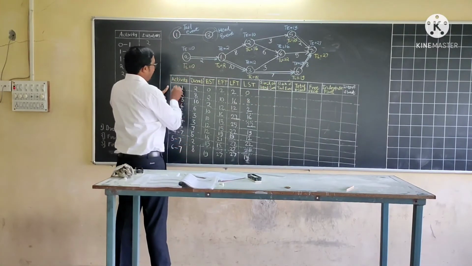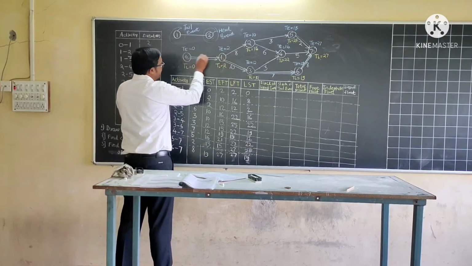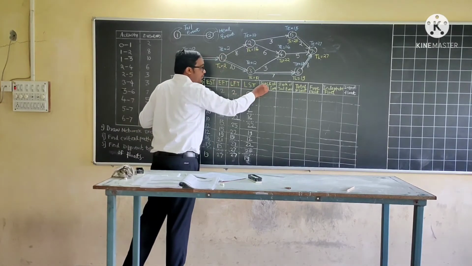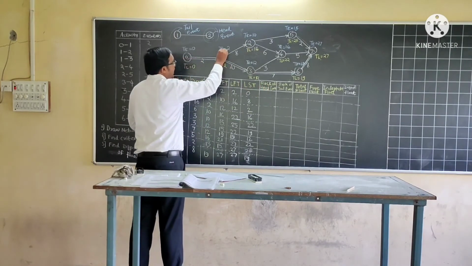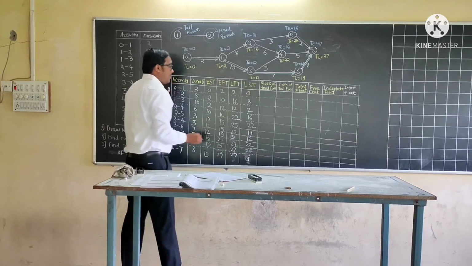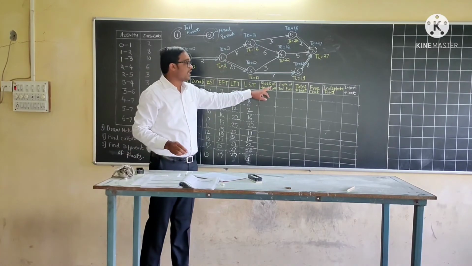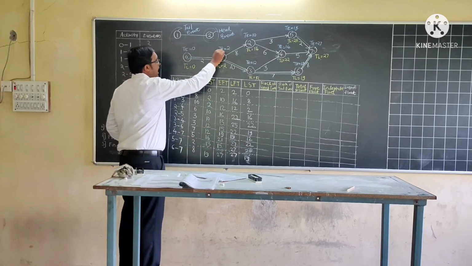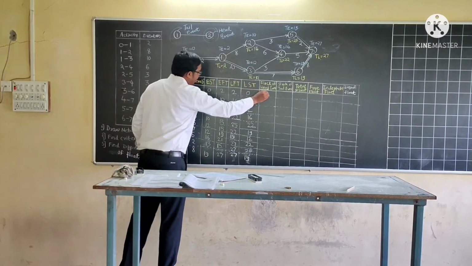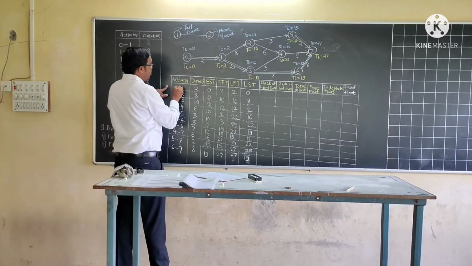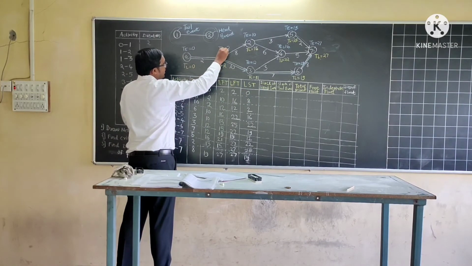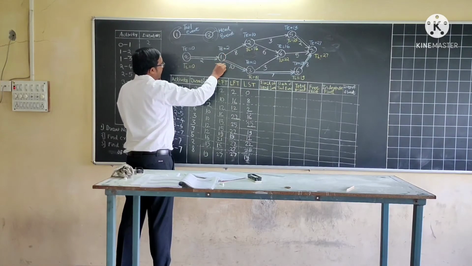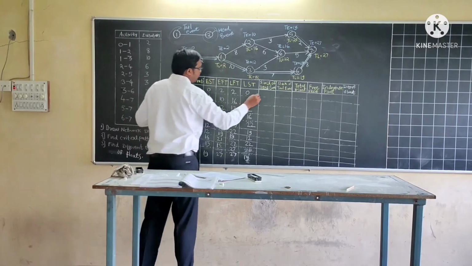So first of all, slack of head event. For activity 0 to 1, this is the tail event and this is the head event. We need to calculate the difference between TE and TL values of the head event. So slack of head event is the difference between values of TE and TL of the head event. Activity 0 to 1: here we consider the head event, 1, and the difference between TE and TL value, 2 minus 2, 0.